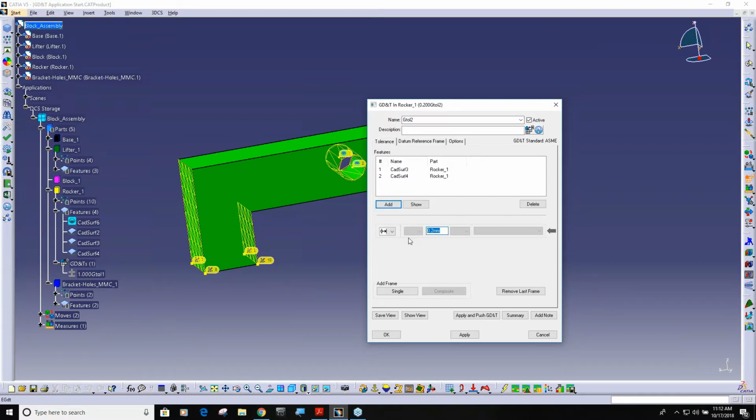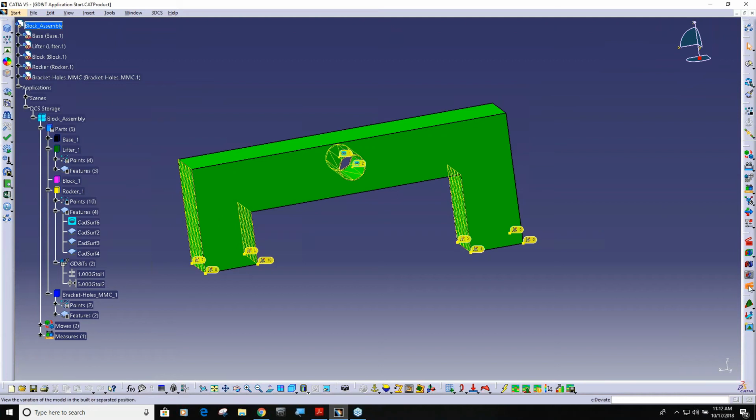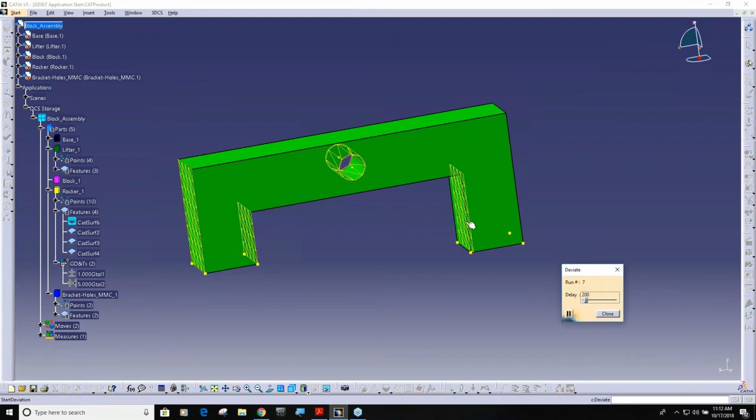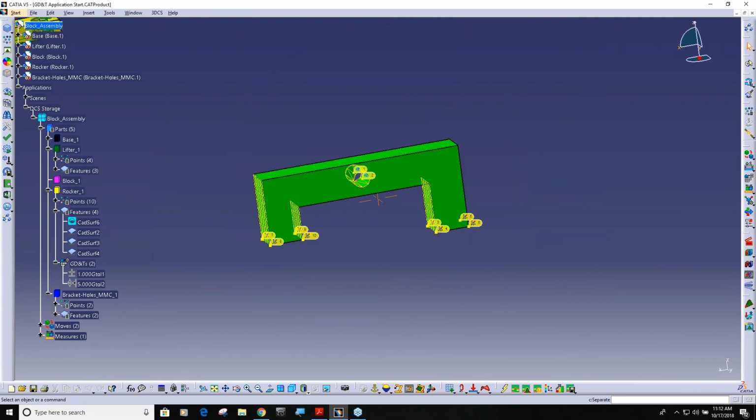And I'm going to make this 5 millimeters so that we can really see something happen. Okay. And now you can see the symbol changed. And this is 5 millimeter tolerance. Okay. Again, do a nominal build. And so you can see this is moving 5 millimeters. And this has got the size tolerance of 1 millimeter. And this surface is tracking this surface. Okay, so what I want to do is I want to show you some of the pitfalls that can happen